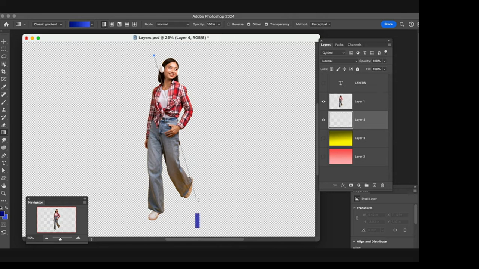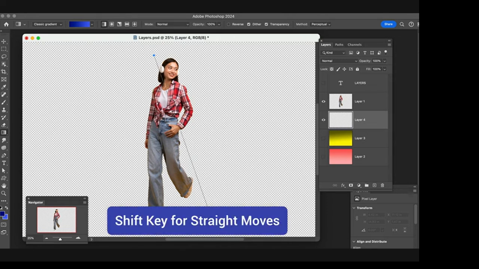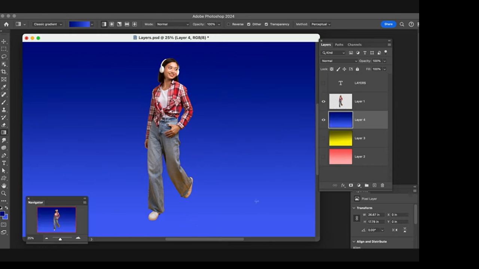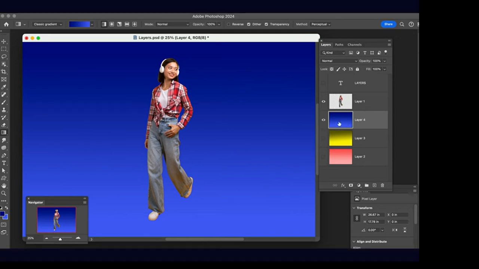If you ever want to do something really straight, just hold the shift key down. Any kind of action that you're doing in Photoshop, the shift key creates a straight line, which is kind of handy. So we click and let it go. Now we've got dark in the background and light on the foreground as she's walking. That's how we create this type of layer. This is just a background layer, and we're going to name this blue. So when you want to name layers, I